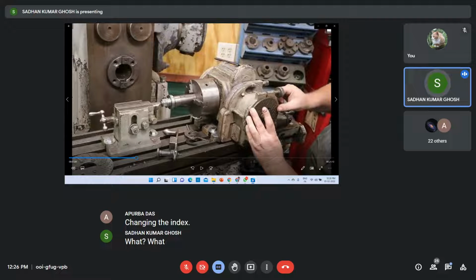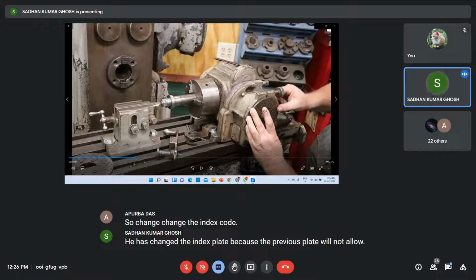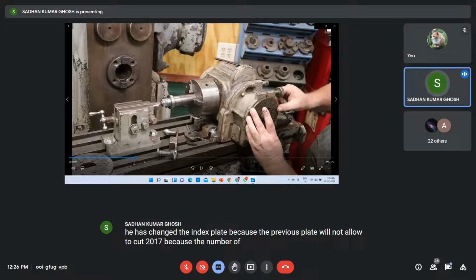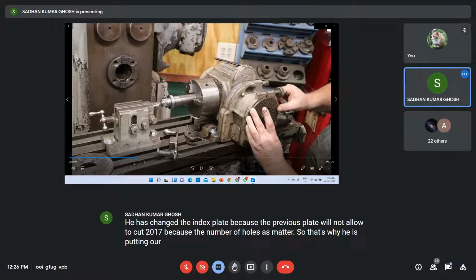What has he done now? Sir, he changed the index plate. He has changed the index plate because the previous plate will not allow cutting 27 teeth, because the number of holes matters. So that's why he is putting in a disc which will match the cutting of 27 teeth.